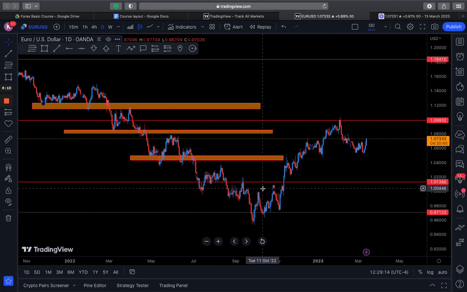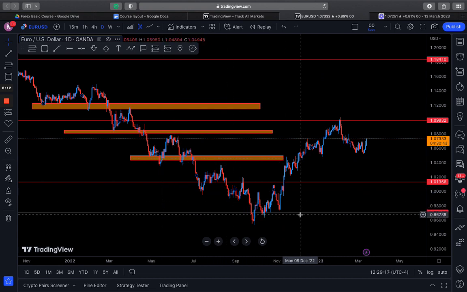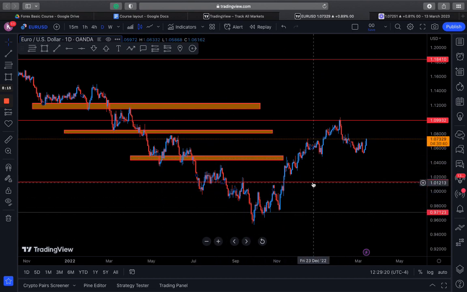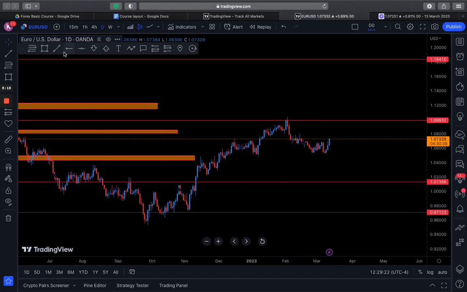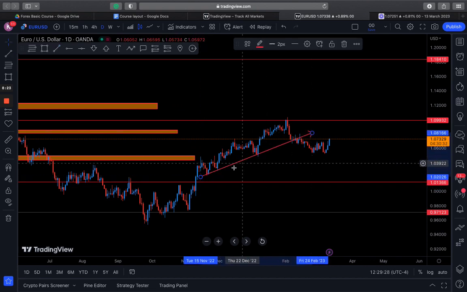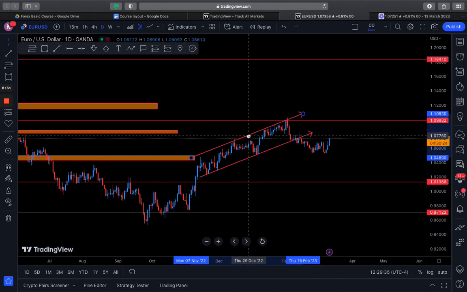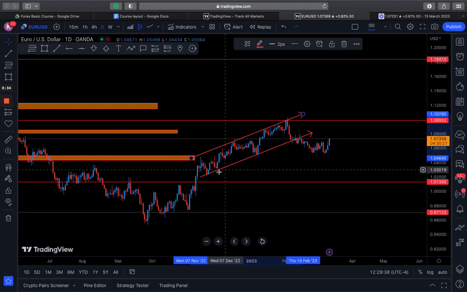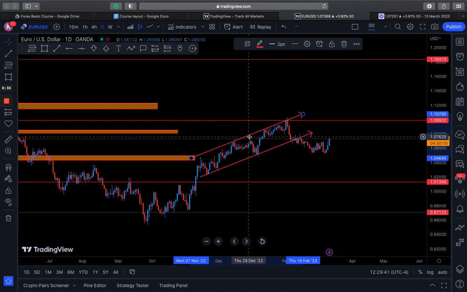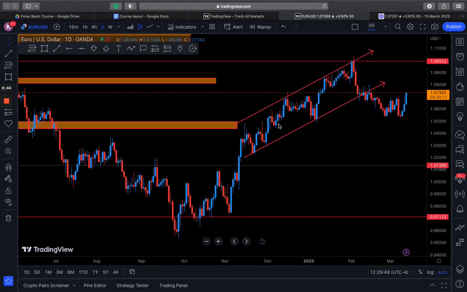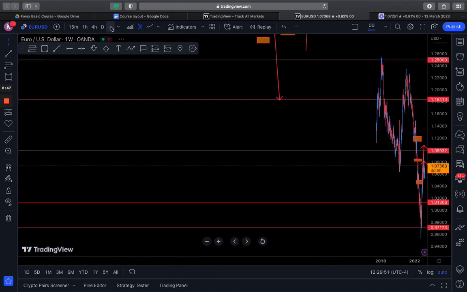Now, of course, I'm not drawing these perfectly. This is to give you that general idea of how we do these things. Because no matter what, it's going to take you time. You're going to have to get used to certain things before you're able to really identify these levels and things like that. So, once you're able to identify certain areas, certain zones, you'll be able to identify the support and resistance, right? You'll be able to identify the channels and how price reacts to different areas,